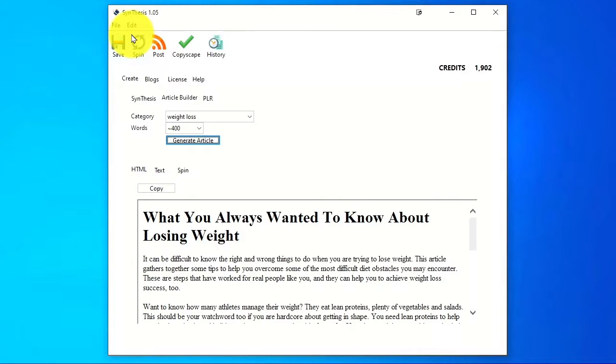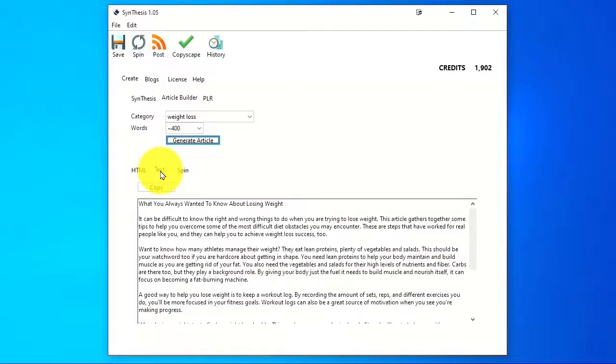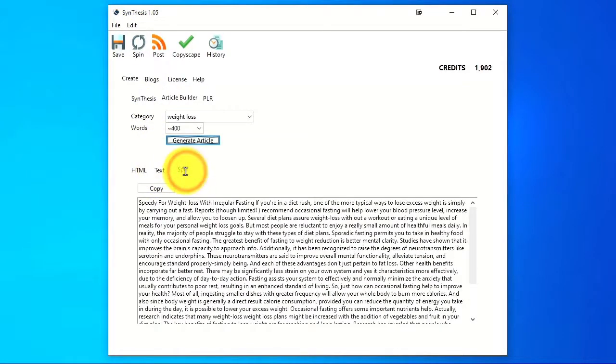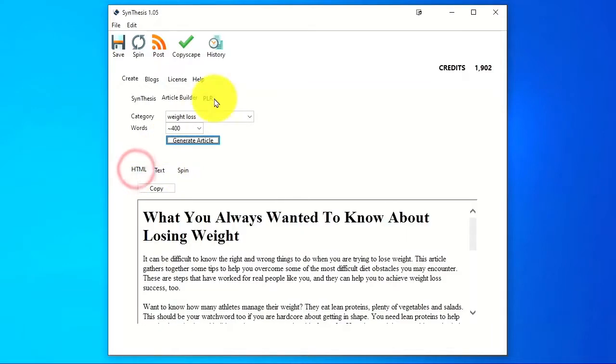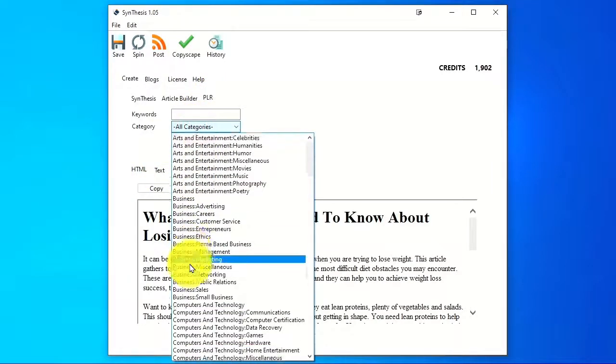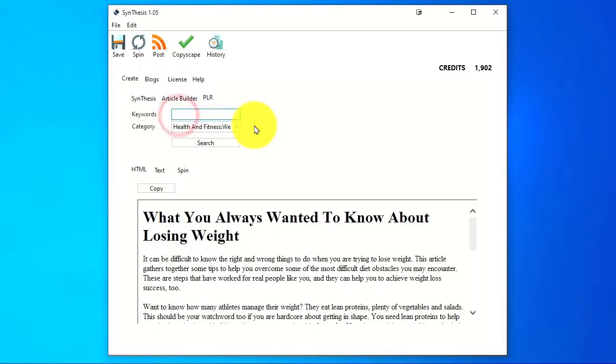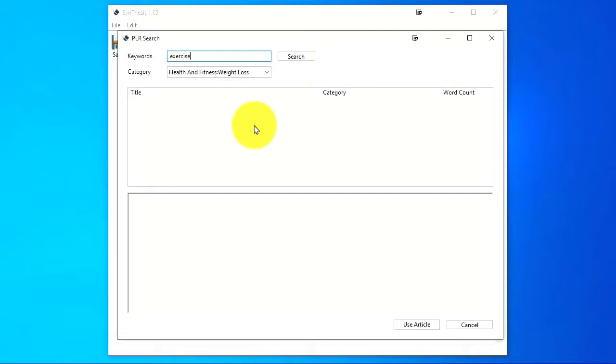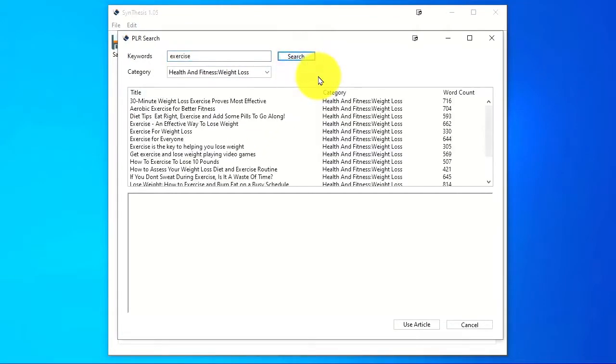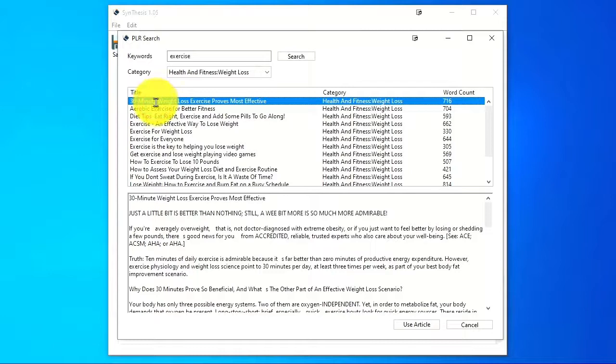We can create a spin version, and of course we get the text version, and if a spin version is made, it will show up on this tab. If we go for the PLR database, you see we choose a category, so let's have a look at health and weight loss again, and choose a keyword. So I'll choose a keyword of, let's say, exercise, and see what articles come up. And we've got a whole bunch of them here, as you can see, with the word count in the right hand column. If I click on one, I can see a preview,